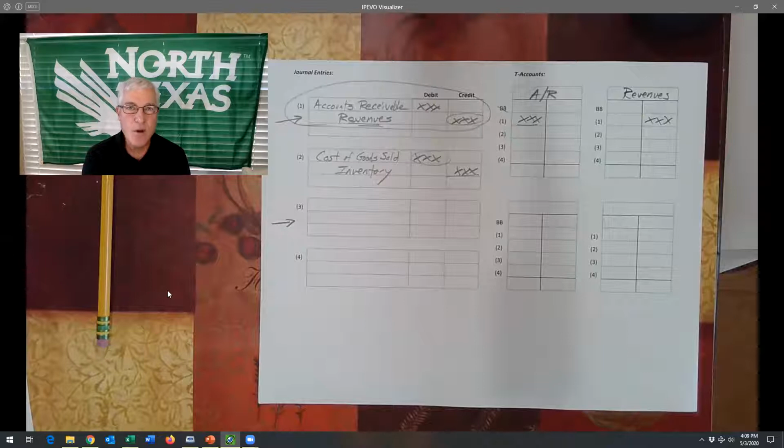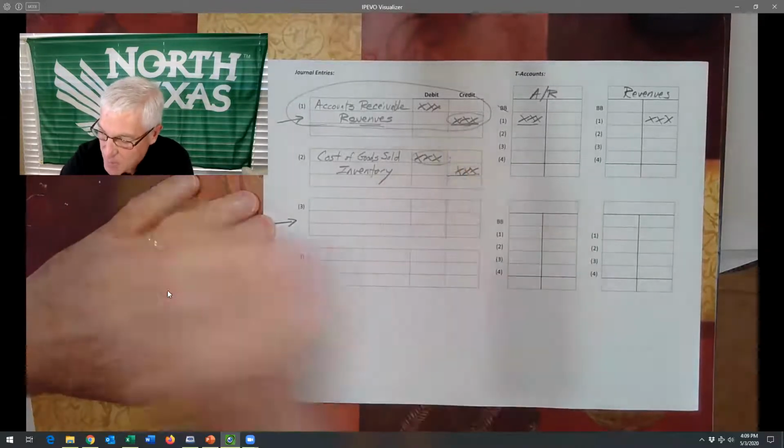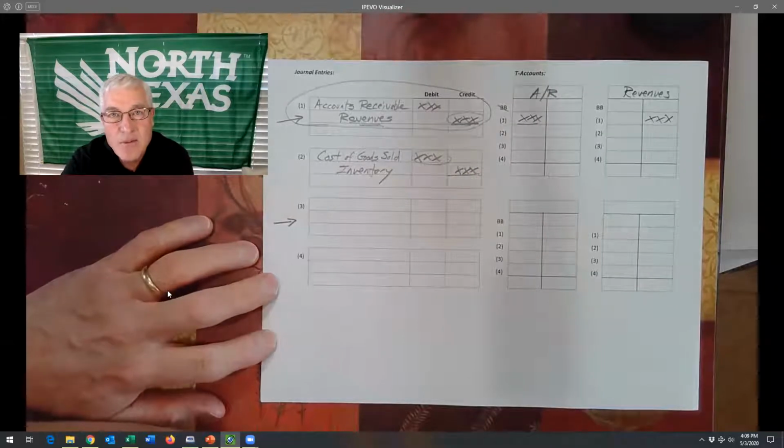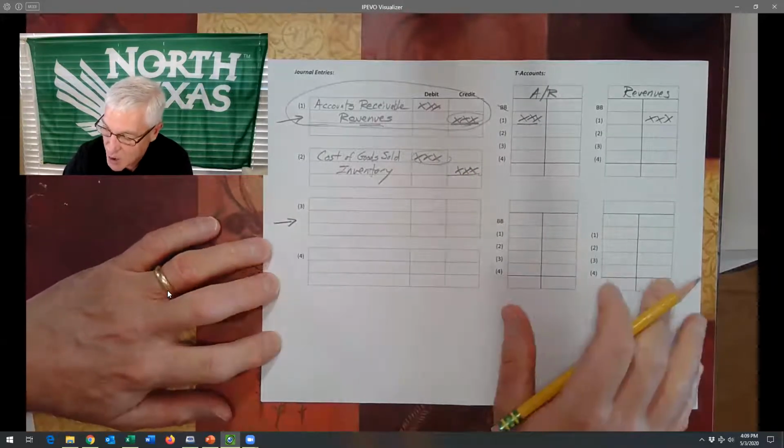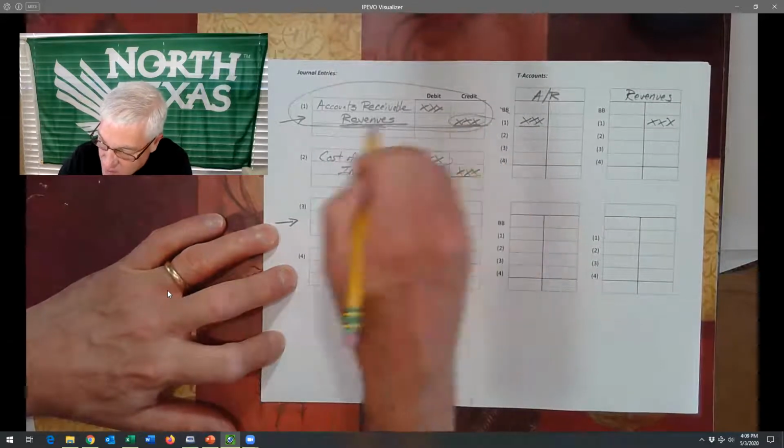And when do we recognize this expense? Remember, we want to recognize all the expenses. We want to match them up with the revenues. So when we sold these revenues here, we know some percent of that was not going to be collected. And so immediately we will record, at the same timing as recording a revenue,